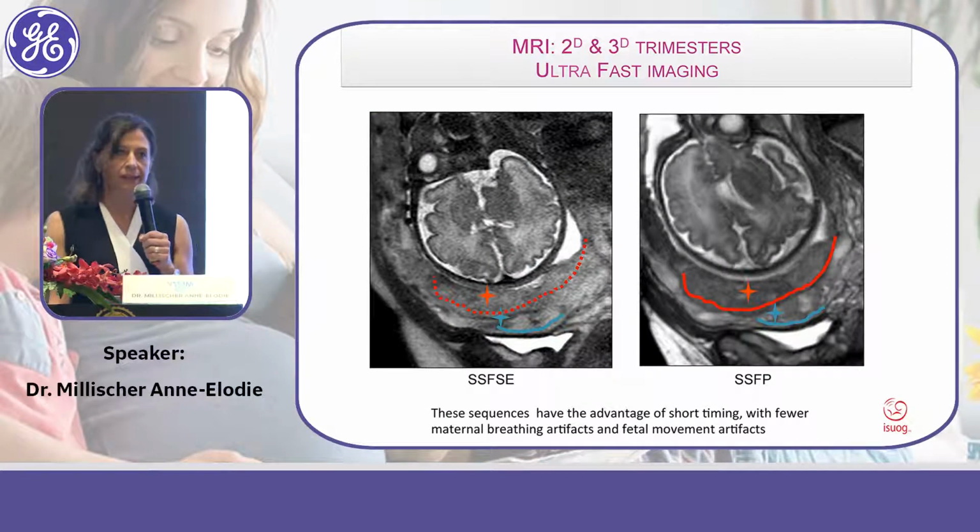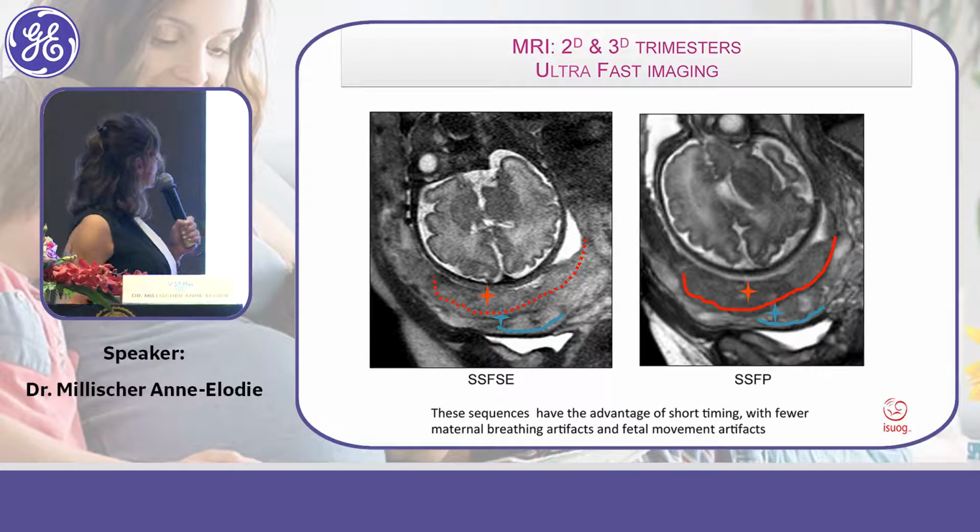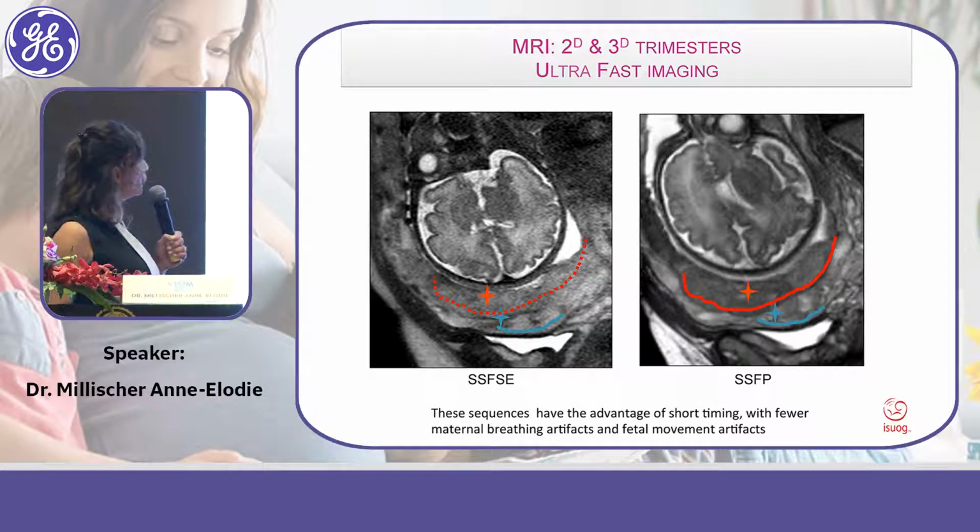Another advantage is that placental MRI offers a good differentiation between the placenta and the myometrium, as you can see on this slide with this border